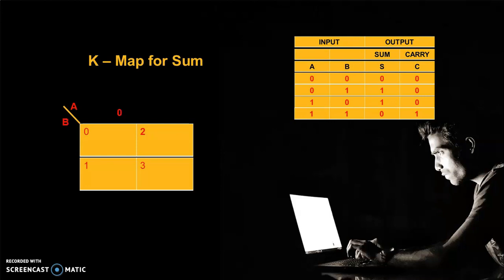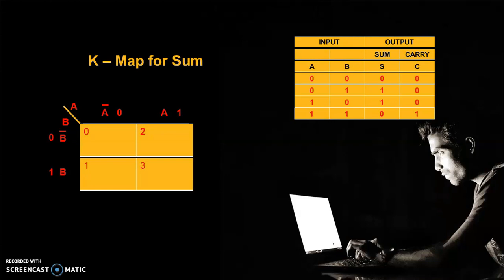We know that we can write the number that is 0 and 1. And same way for the B, it is 0 as well as 1. For 0 we can write A bar, for 1 it is A. Same way for 0 again it is B bar, and for 1 it is B. Now based on the truth table we have to write minterms as a high or as a 1 in the K-map.